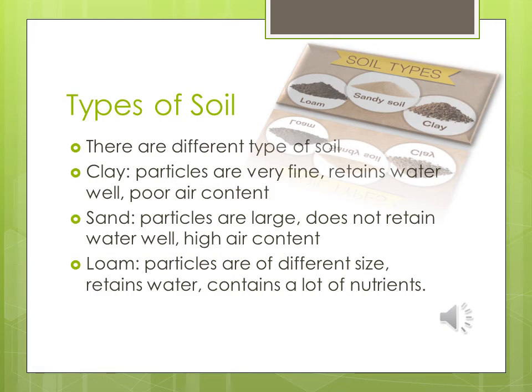Now we move toward loamy soil. Loam is the third type of soil. It is a combination of sand and clay, such that the beneficial properties from each are included. It has the ability to retain moisture and nutrients, hence it is more suitable for farming. This soil is also referred to as agricultural soil.